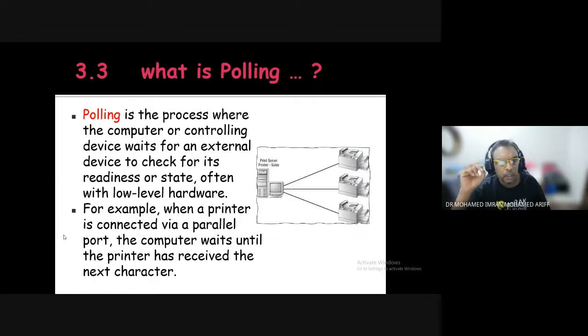So polling is the process whereby the computer or controlling device waits for an external device to check for its readiness or state, often with low-level hardware. For example, when a printer is connected via a parallel port, the computer waits until the printer has received the next character. So polling means waiting.